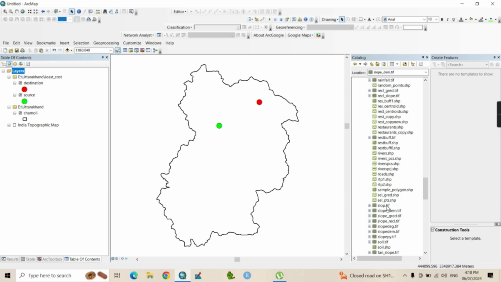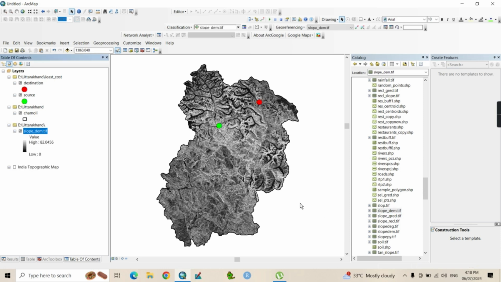The more the slope is, the steeper the terrain will be, so the more difficult will be the traveling for the team, isn't it? So it should be as low as possible. For that, we want to use this slope factor. It is going to be added out here. As you can see, I've already created it for you. So the slope factor is the first cost